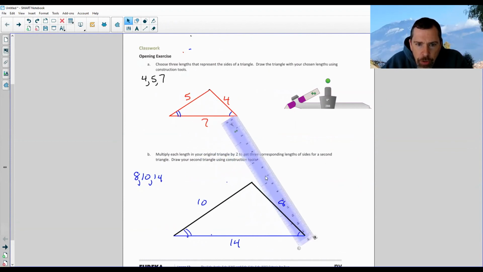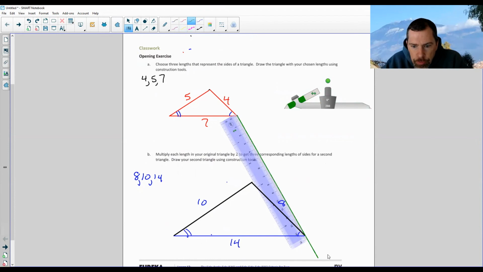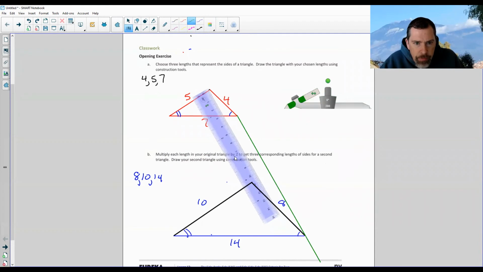And then if I chose one of the sides and drew a ray, and then did it for the next, and drew a ray. If I continue these the other way,